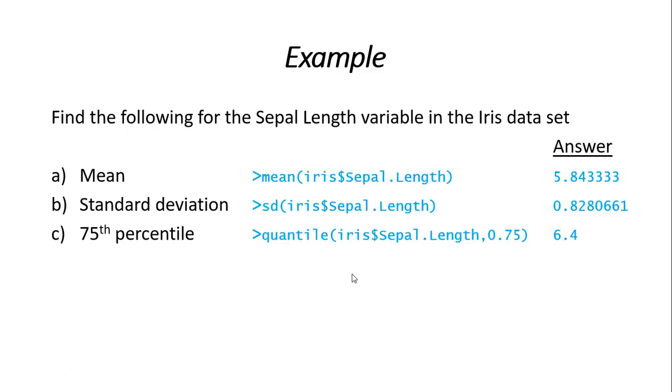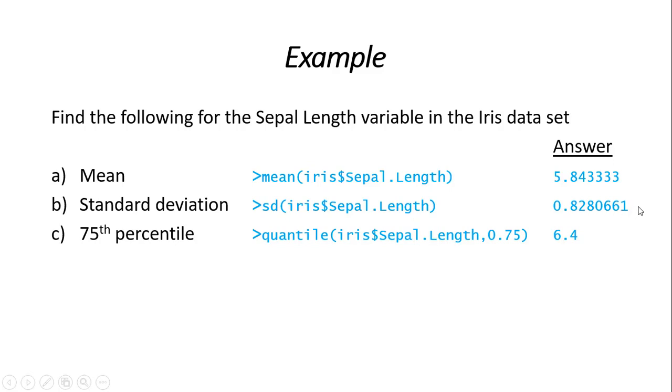So as an example, suppose we wanted to find the mean, the standard deviation, and the 75th percentile for the sepal length variable in the iris data set. So for the mean, you can see we use the mean function, iris$Sepal.Length, and our output would be 5.843333, and of course this is in centimeters. For the standard deviation, I'm using just sd, the same variable here. Our output is